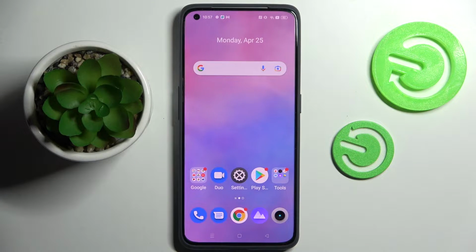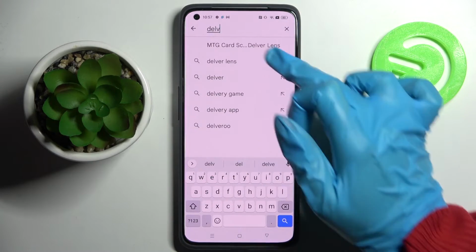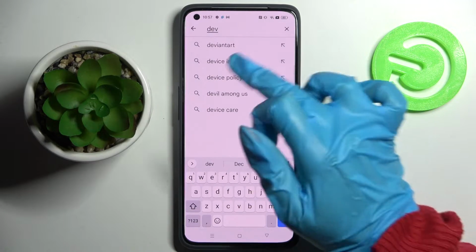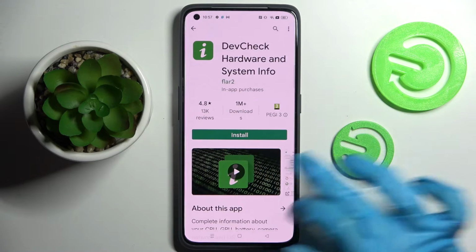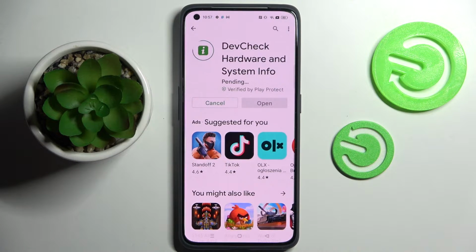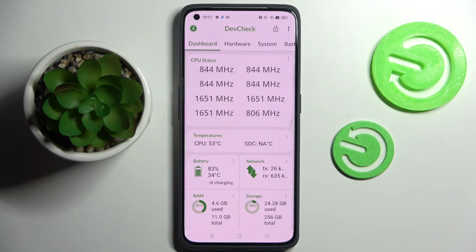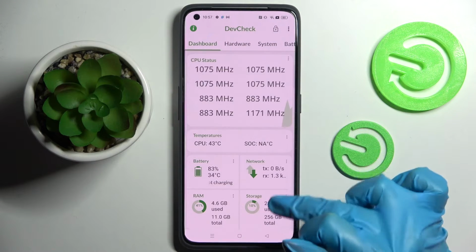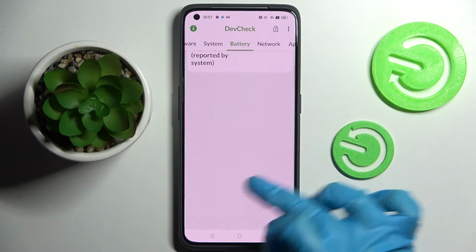Hi! In front of me is REALME GT2 Pro, and today I would like to show you how you can check all specifications of this smartphone. Start by going into Play Store, clicking on the search bar and typing in DevCheck. Then install this free app, DevCheck, Hardware and System Info, from this developer and open it. Thanks to this free app, you can find out all the information about your REALME's dashboard, hardware, system, battery, network,